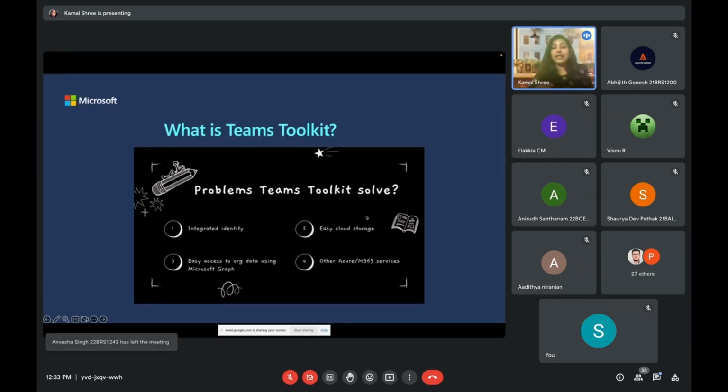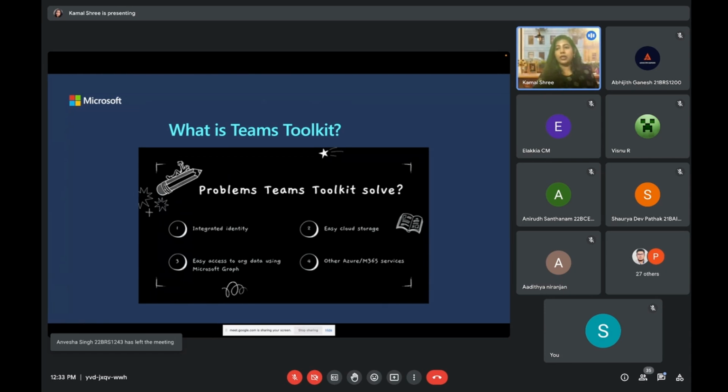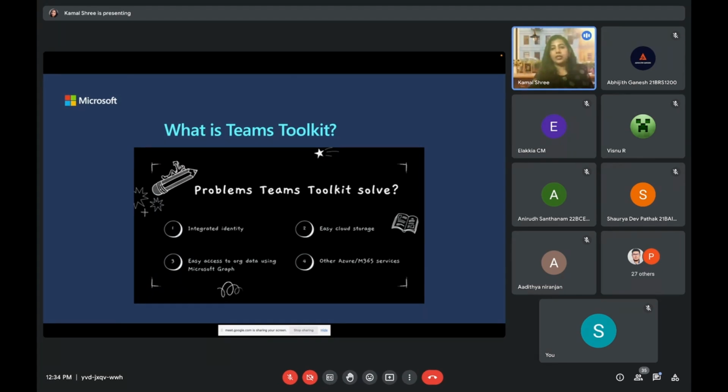And also integrating is very easy when you're using Teams Toolkit, whether connecting to the Azure cloud or connecting to other channels or anything as such. It's pretty easy, and setting up an account is also very easy. So trust me, when you start getting the grip of it, you will feel it really easy using Teams Toolkit.